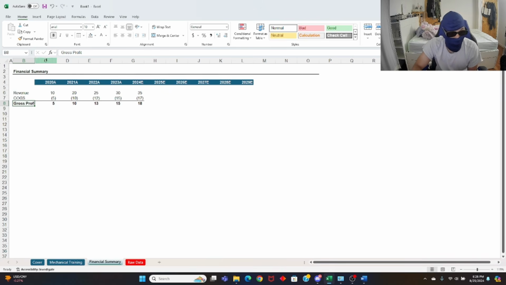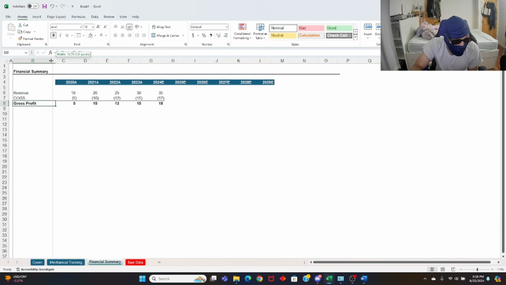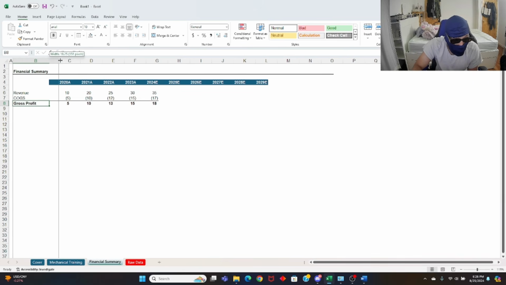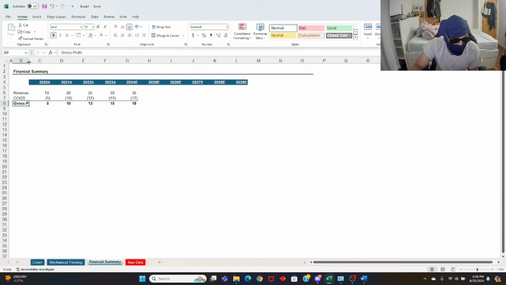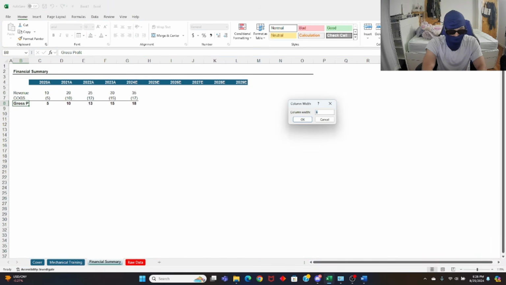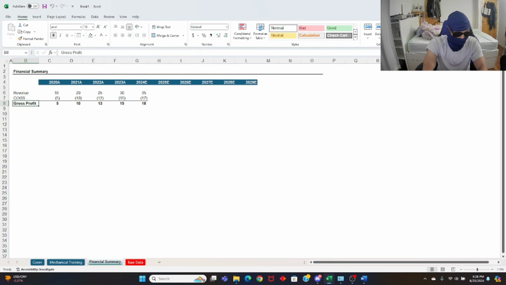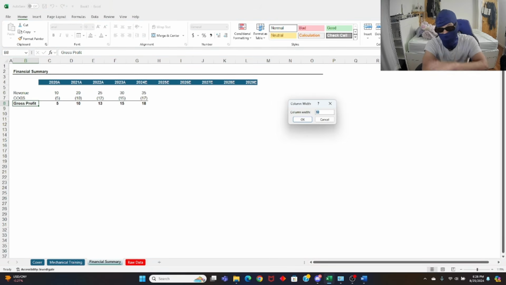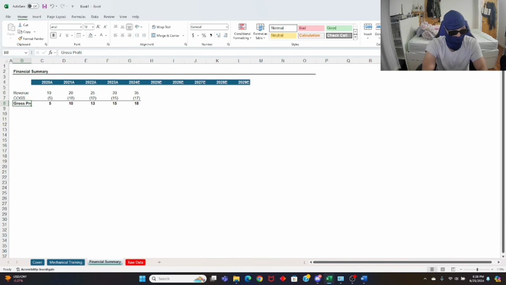So what can we do, right? Normally you could do this. Like in college I used to do this: you could size it with your mouse, or you could do what we did before, Alt H O W, and you can guess the column width, right? 10, oh, that's perfect, right? Or let's say you messed up, and it's a longer thing and 10 is still too short. You guess a 7. Oh, I'm still cutting off numbers.